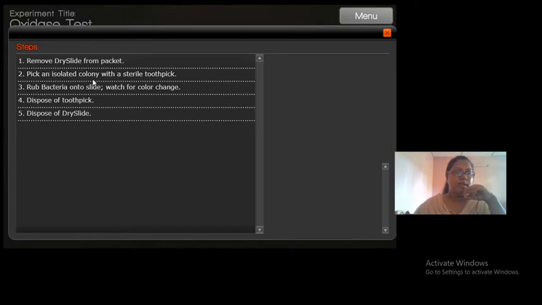Now you pick an isolated colony with a sterile toothpick. We don't use a loop or a nichrome wire or a straight wire here, because that may interfere with the result. So we use a sterile toothpick or plastic applicator stick.